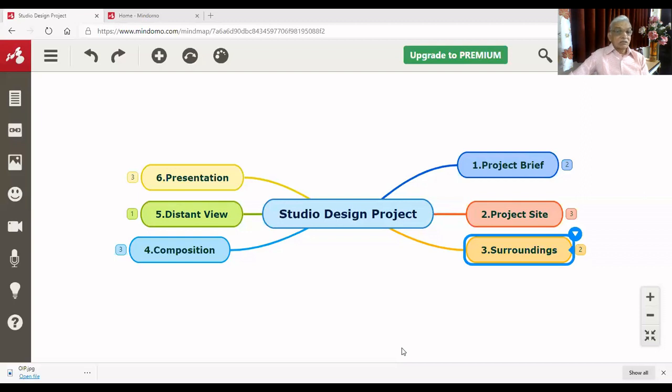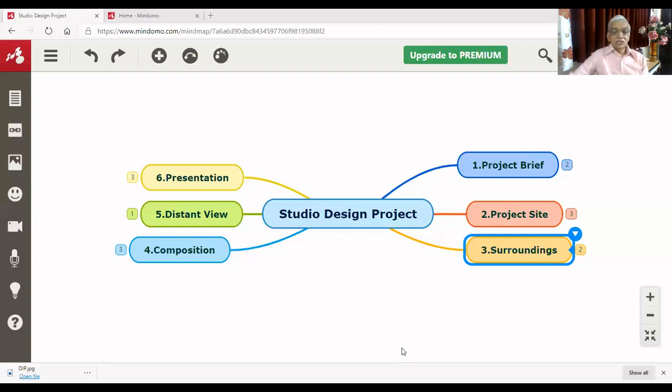Another one and very important one is the distant view. Is there any distant view to the site? There could be a mountain, there could be a river flowing which is seen from the site, there could be a waterfall if the site is in the mountains, you can even have a view of the fall, or there could be a very interesting, beautiful building some distance away.